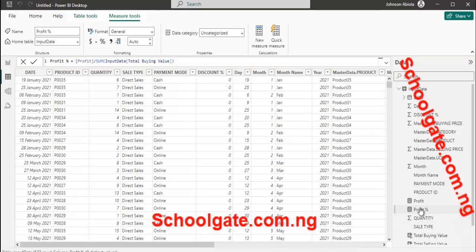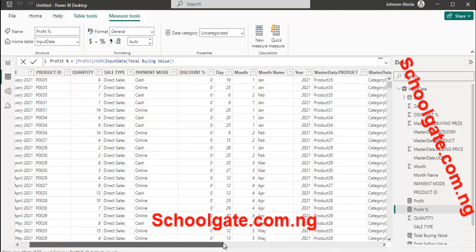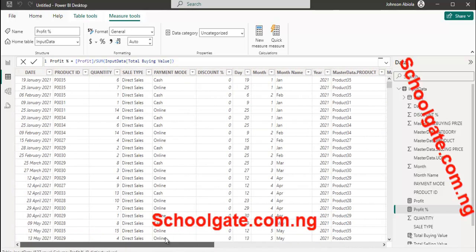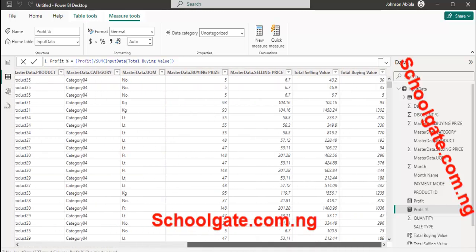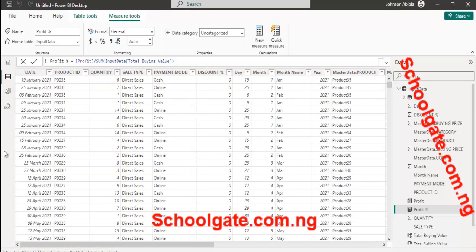So we also have the profit margin here as well. Now at this junction, we are done with editing this data set. What we need to do now is to have the visual aspects of this. Let's have a visual aspect of this. That's what we are going to be doing. To do that, we are going to go back to